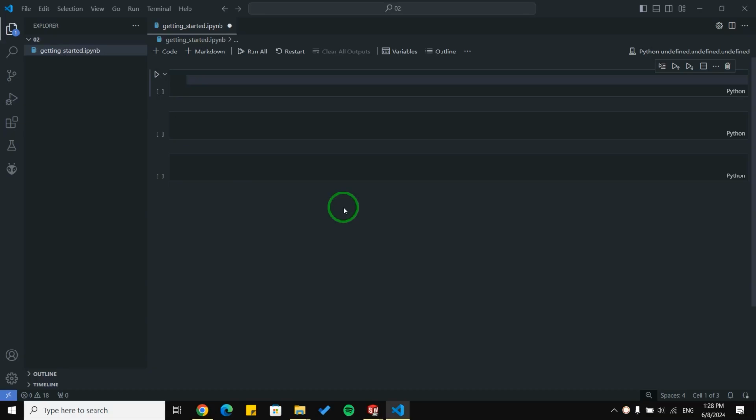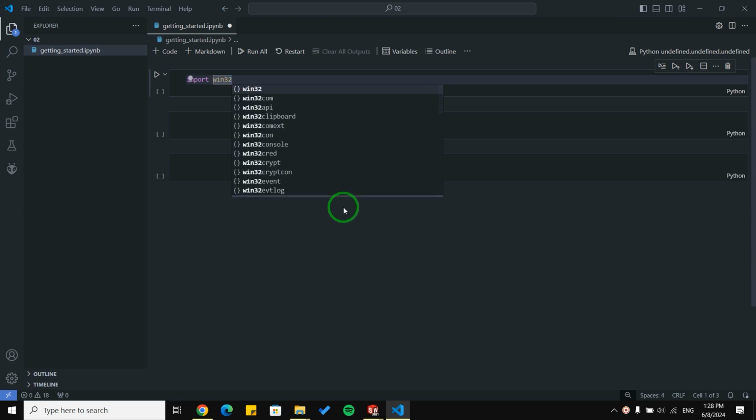First of all, we need to use some additional libraries in Python to be able to control SolidWorks. So I'm going to import them. The first one is win32com.client.